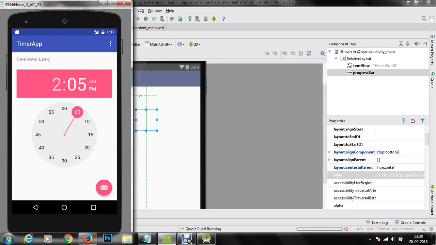So as soon as the Gradle build completes, we are going to view a progress bar. Next, we are going to understand how we can show or hide the progress bar as per our choice. And in the third part of this demonstration, we are going to create a progress bar with our credentials using Java code, and then we are going to display that.